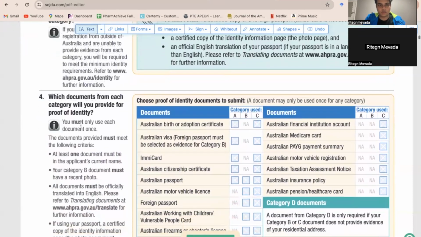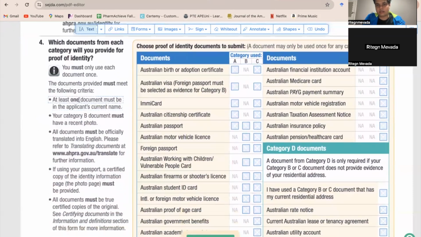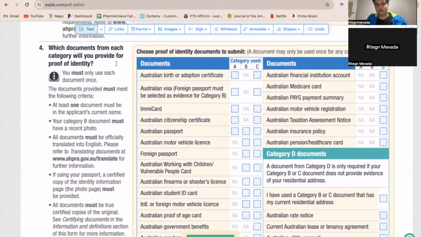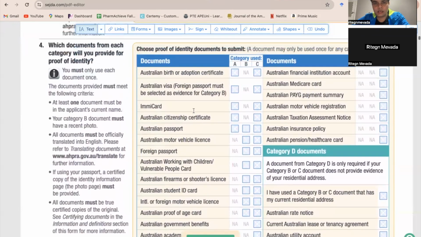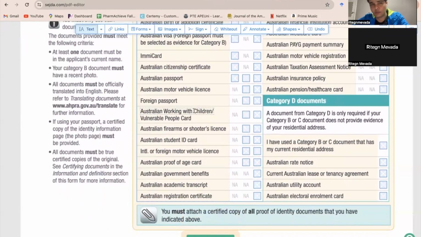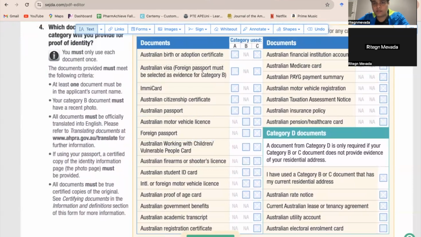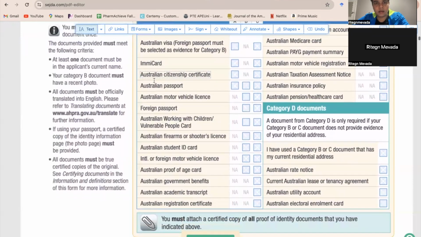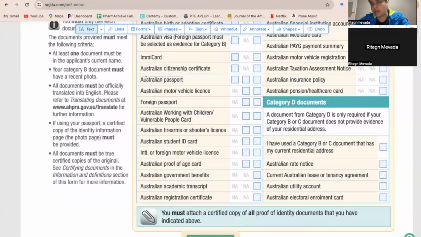So just put yes or no, category, document. So you have to provide some documents with this form. Australian visa, EMI card, we don't have it as we are overseas. Australian citizenship certificate, if you have, you can apply. If you don't have, just don't worry. Australian passport, Australian motor vehicle license. I think this one everyone has,